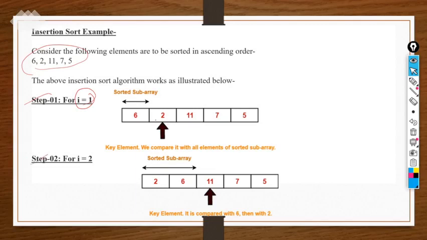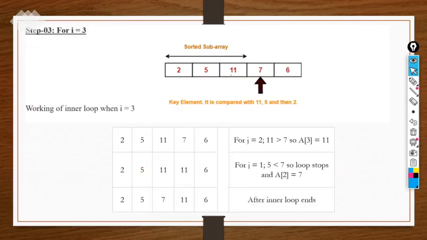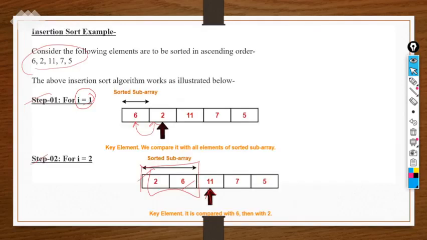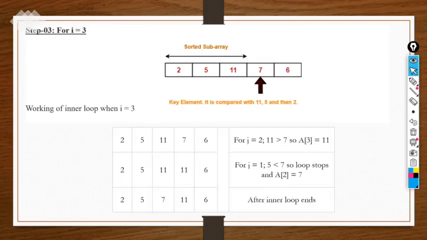When we compare it with all the elements of the sorted subarray, then what will happen? Step 2, it will be replaced by the first element first of all. So now 2 will come here, 6 will come here. Now this part will become a sorted subarray. Now our key pointer will come here, right? Now again in the third step, it will compare whether it is greater than or less than. It is greater, so there is no need to change anything, it will remain as it is. Now our key pointer will come here. Now this one is sorted according to the algorithm.